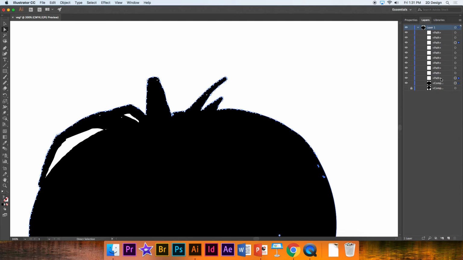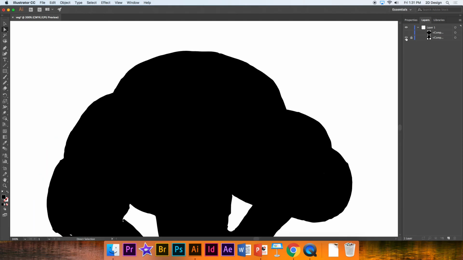I have all these extraneous paths. So I can go back, click drag. I can shift click all of those, throw those in the trash, and now I have my tomato. I can turn off my tomato, turn on my broccoli. So I have this area that has all the fruit. And then when I need them,